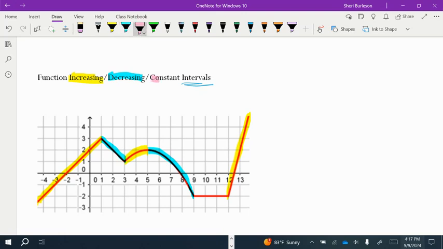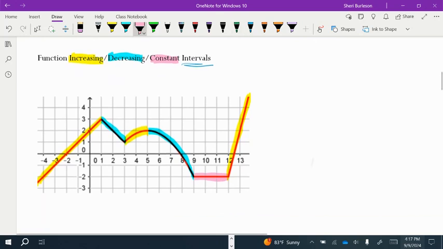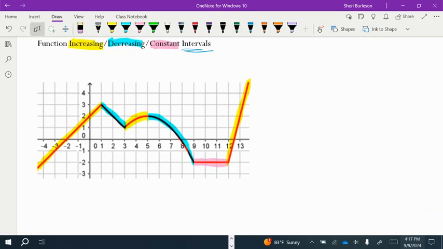And then constant intervals: where does the function value remain constant, where it doesn't change? That would be here. So looking at my intervals, I can state where the function is increasing, where it is decreasing, and where it is